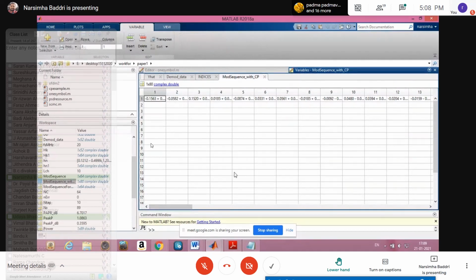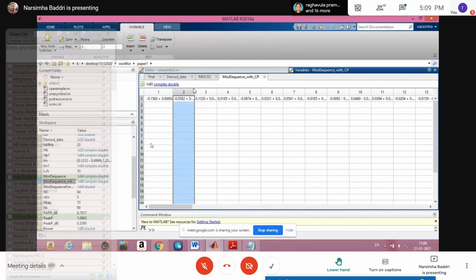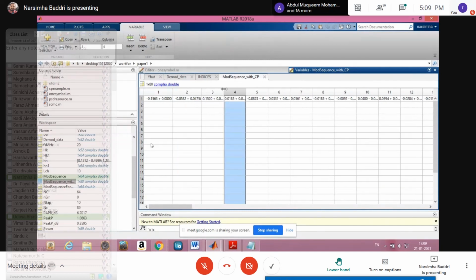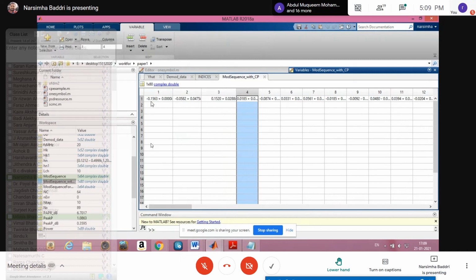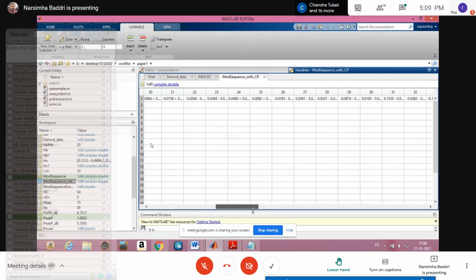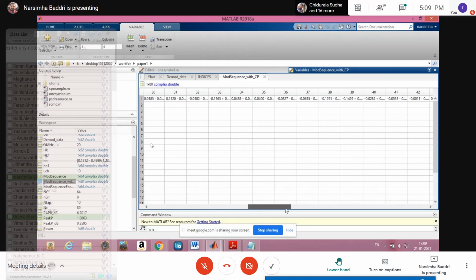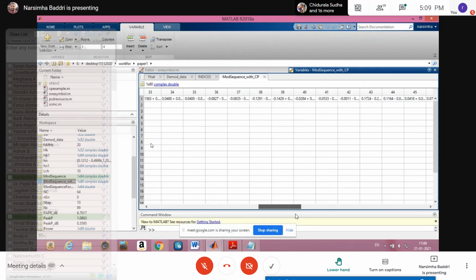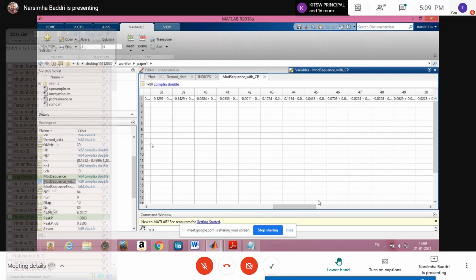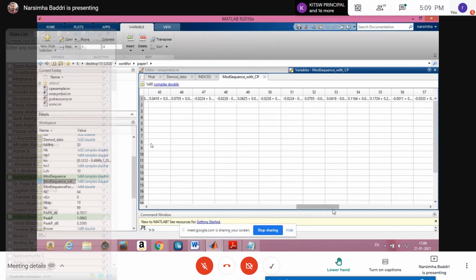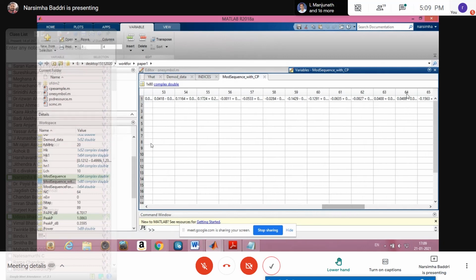Even by looking at the data you can see it: the MARD sequence with CP in the workspace is this one. You can see the size is 1 by 80, complex valued, because when we apply the inverse fast Fourier transform, automatically you get complex values. If you observe these data points, the first one is something like minus 0.1563, which will be equal to, what is it? 64 minus